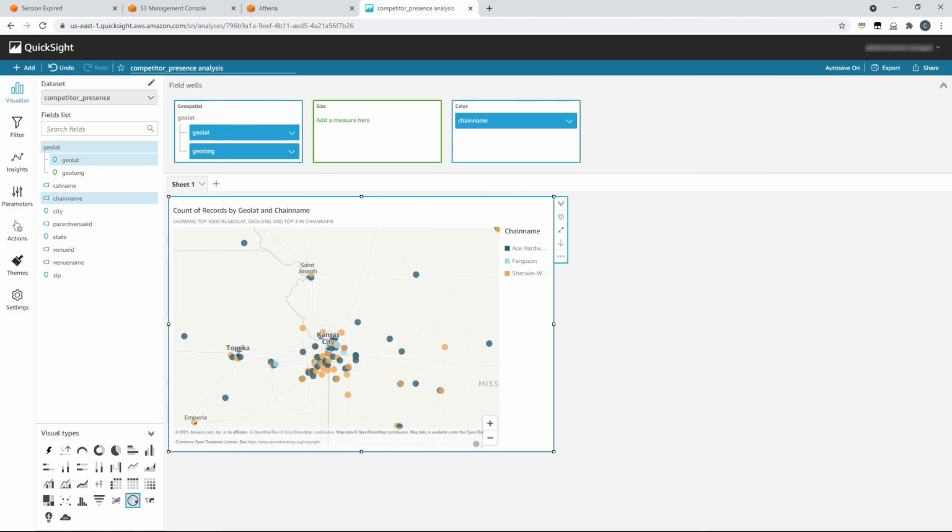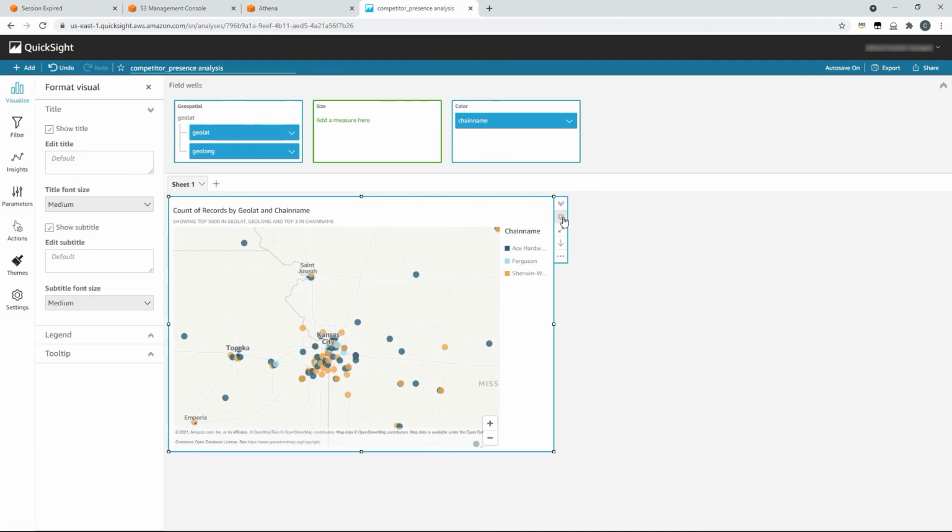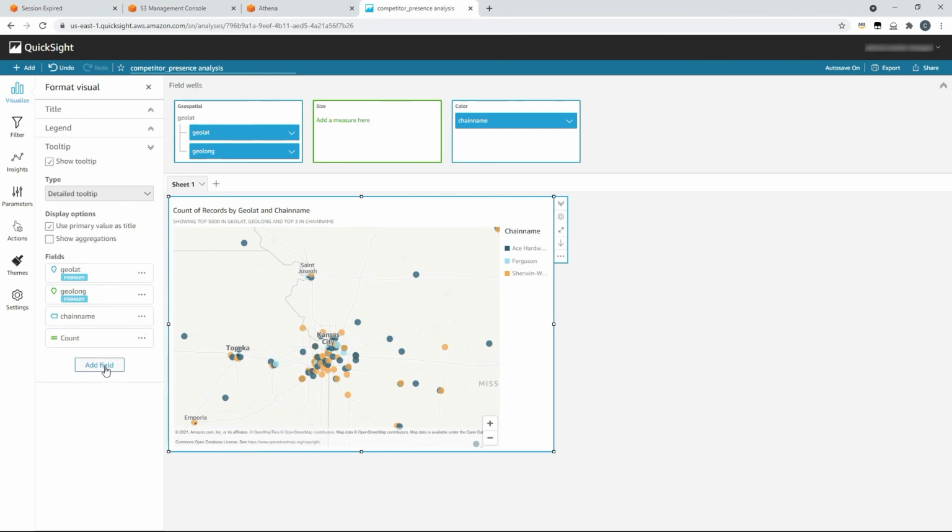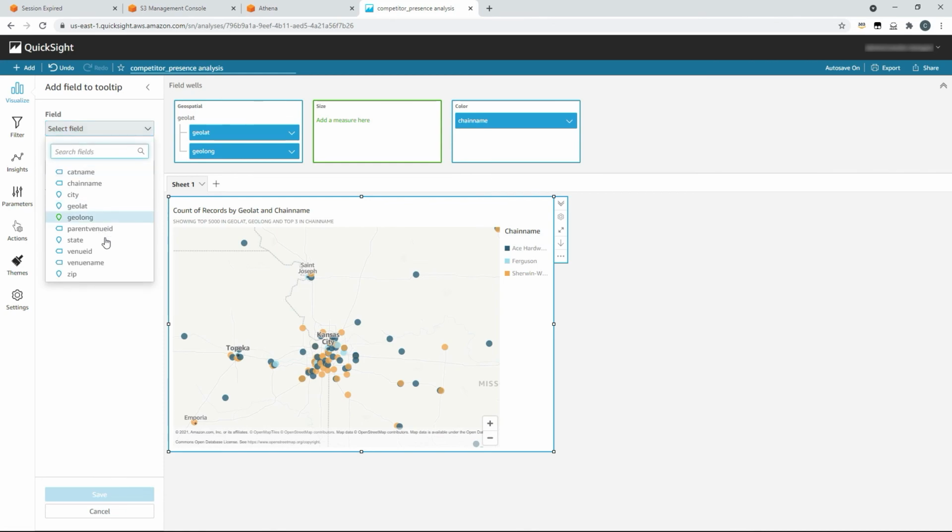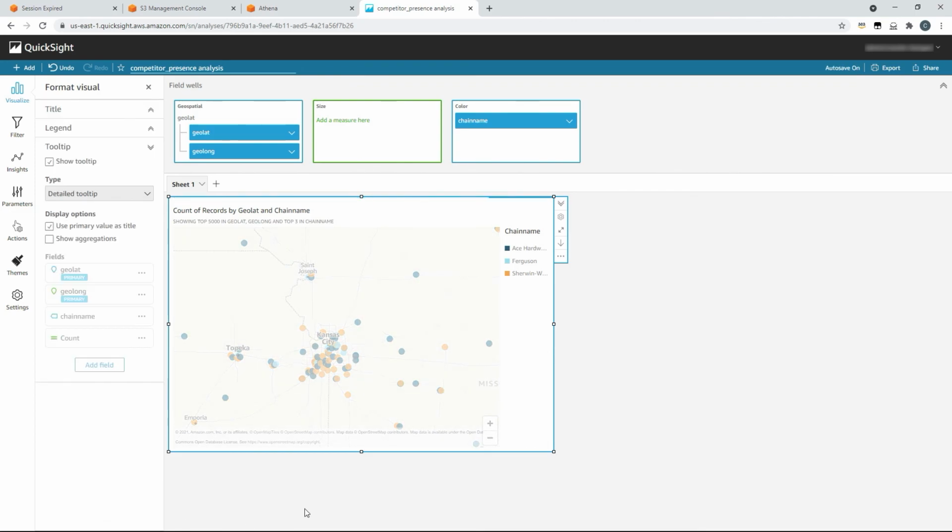In reality, if you'd already got to this point, you'd likely have augmented your data with useful other bits of information to help you make decisions. So to expose that information, what we can do is add a tooltip as an example. So here we'll add a field. Maybe we wish to add our venue name, and we're going to provide the unique value, and we'll save that. So now you can expose additional fields potentially within your data set so that your reader gets more information about